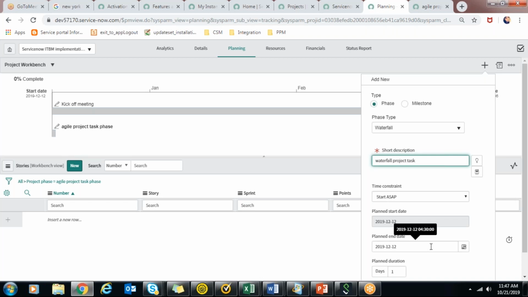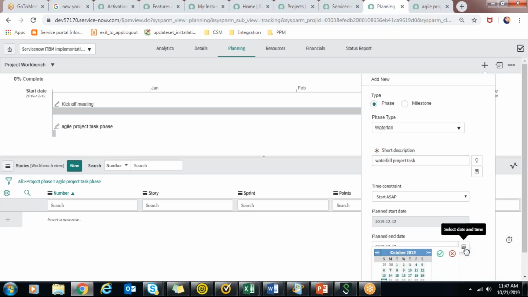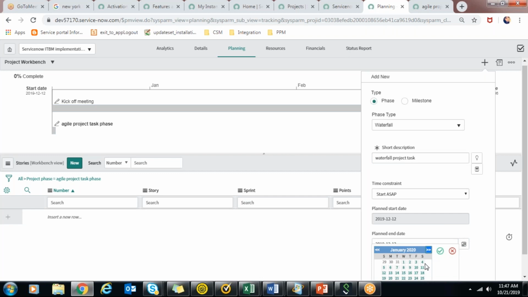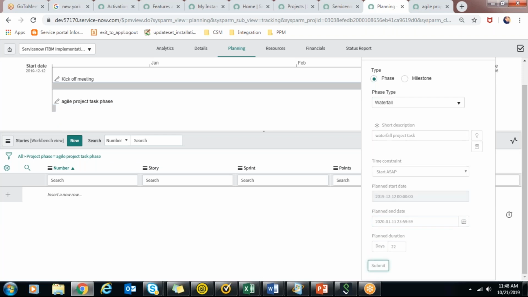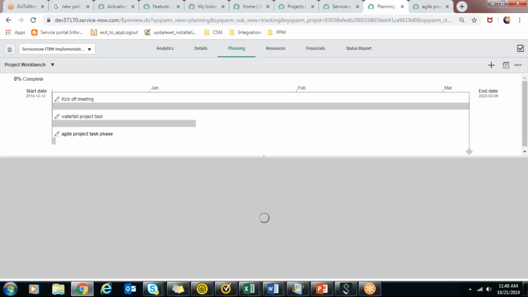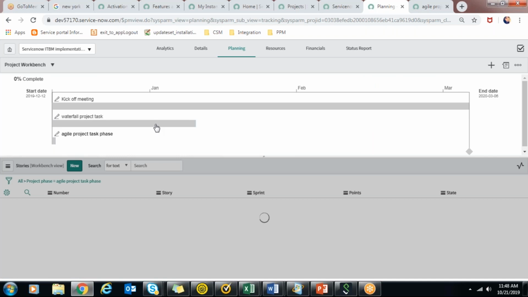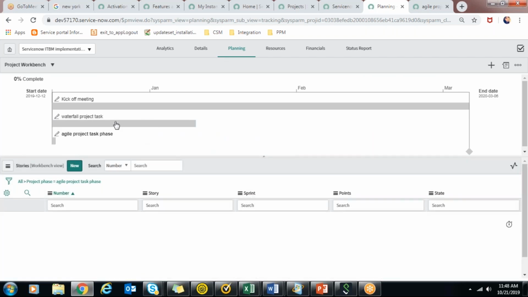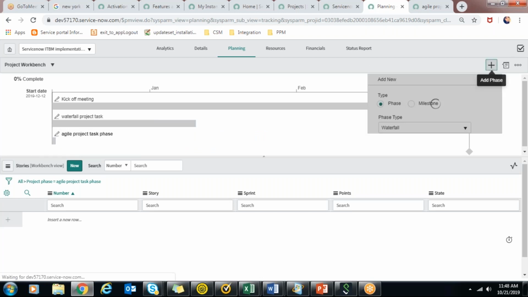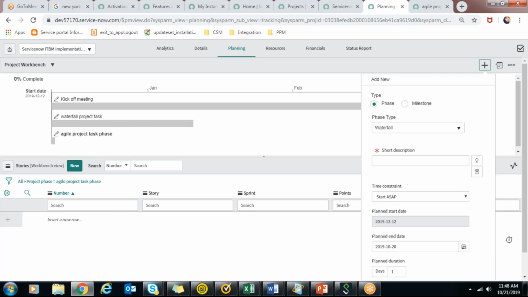and you give them the plan start date and plan end date, and submit. It will show you where the waterfall project task is coming in under this. And if you create a